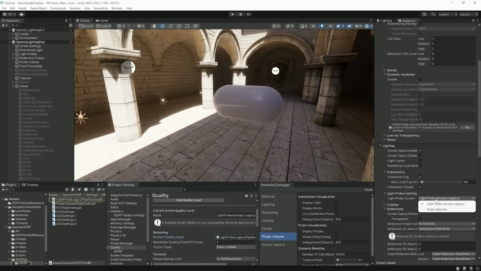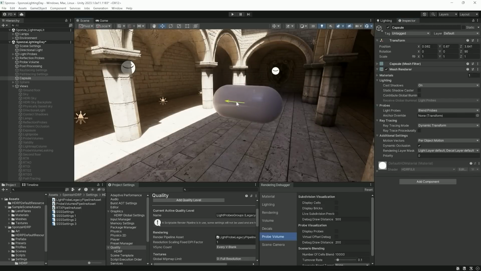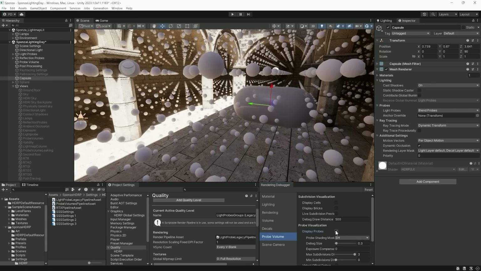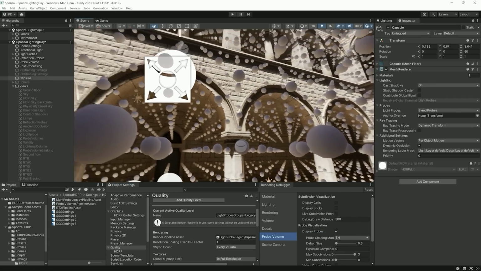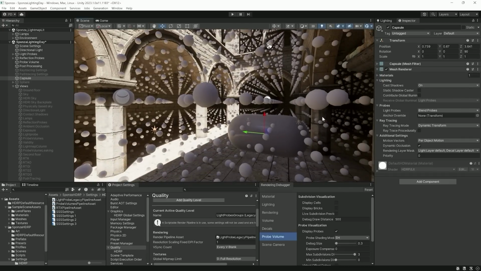So let's swap to our brand new adaptive probe volume system, and as I move the dynamic object, the lighting remains perfectly stable, and it receives many lighting variations on its surface. If I increase the length of the capsule, it still receives correct per pixel lighting, something the legacy system cannot provide. So you can see that the entire world is populated automatically with these probes, with very little to no